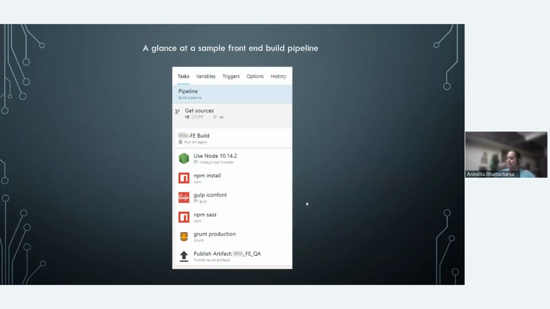So that's that. A quick glance here on a front-end pipeline. Like I mentioned, don't ask me questions on this. I literally get steps from the front end team and make sure that all of that is translated into the